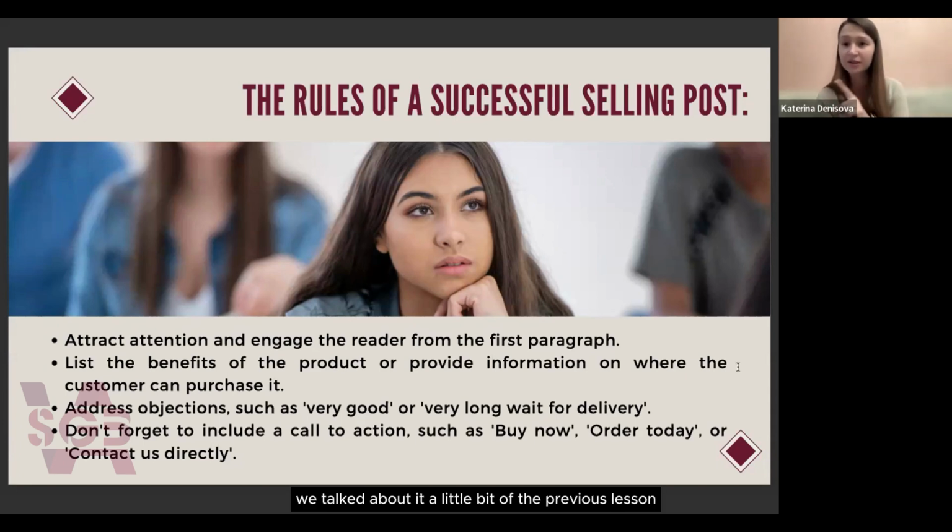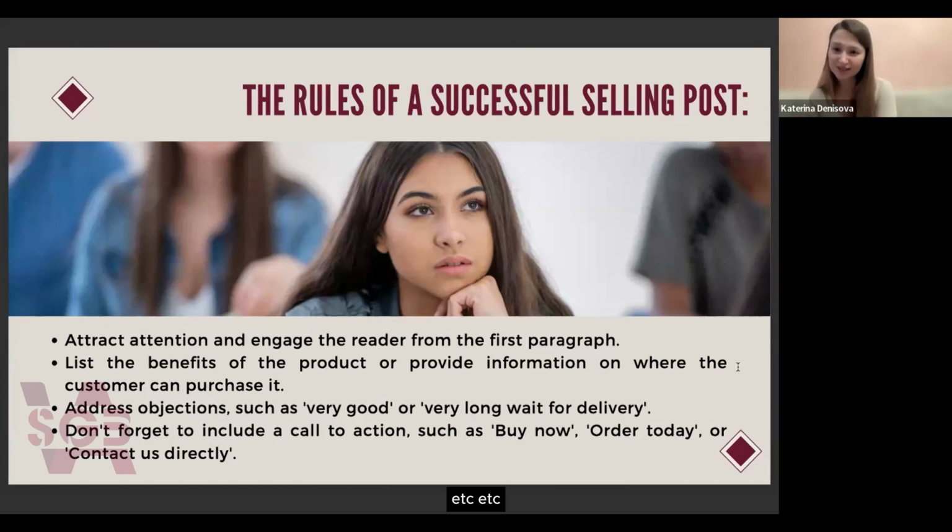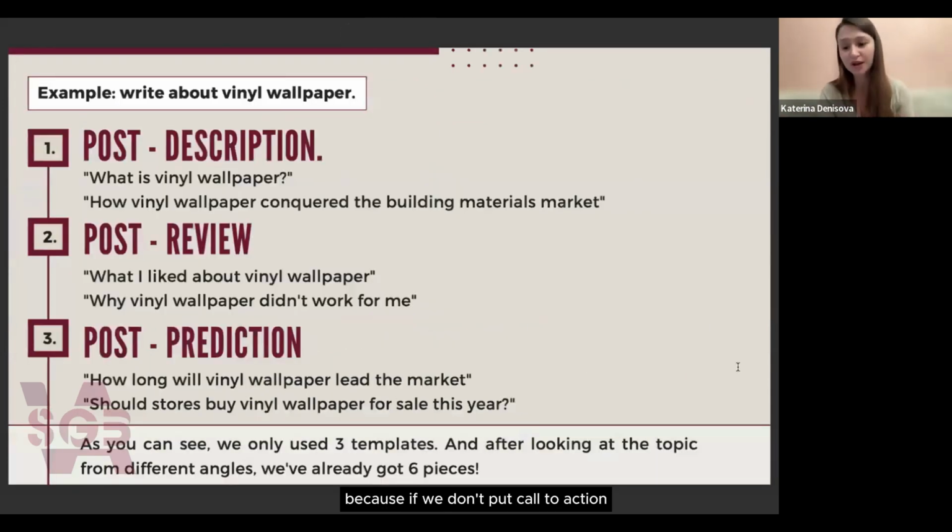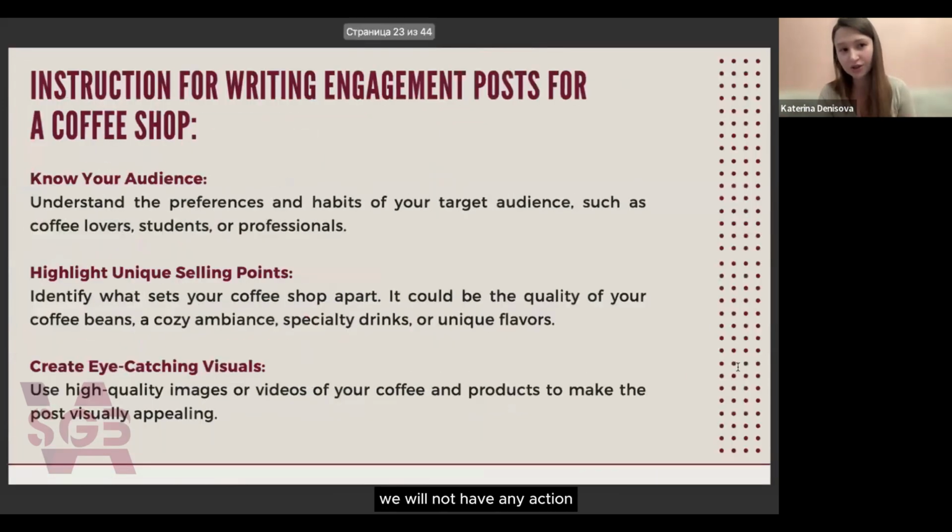We talked about it a little bit in the previous lesson. And don't forget to include a clear call to action. Buy now, order today, contact us right now, etc. Because if you don't put a call to action, we will not have any action. Everything is quite clear and simple in the sphere of marketing here. Instructions for writing engaging posts for a coffee shop. Let's have more examples about